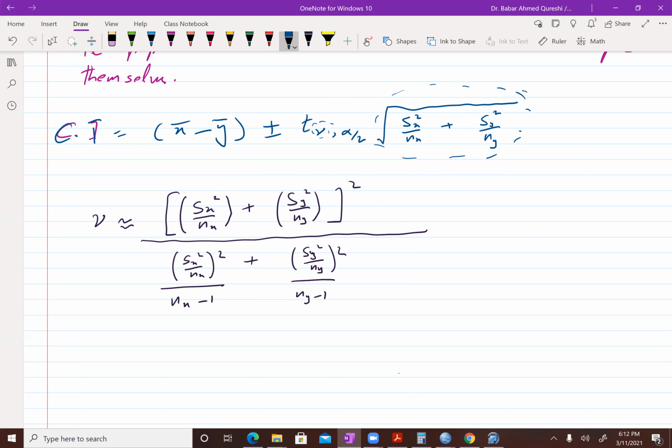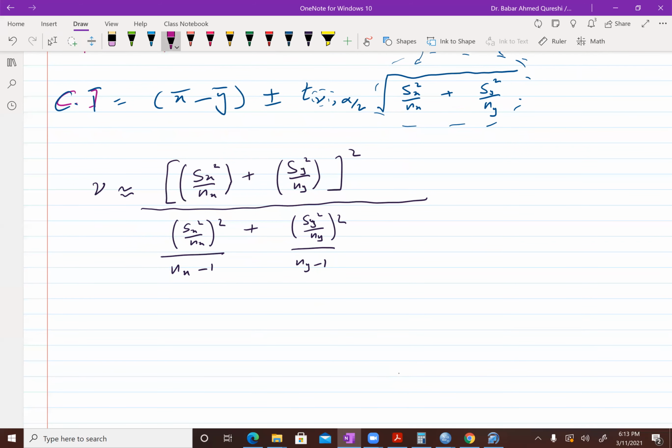However, you want to use as much statistical information as you have. This is assuming that you do not know anything about the standard deviation of the population. So suppose for some reason you know that the variance or standard deviation of the populations are equal. The means are different, but their standard deviations are equal. Then you have a little bit more information, so you can slightly change this formula using that extra information.